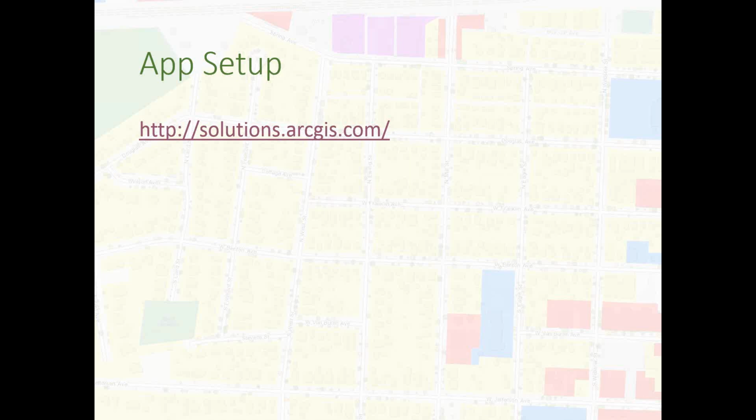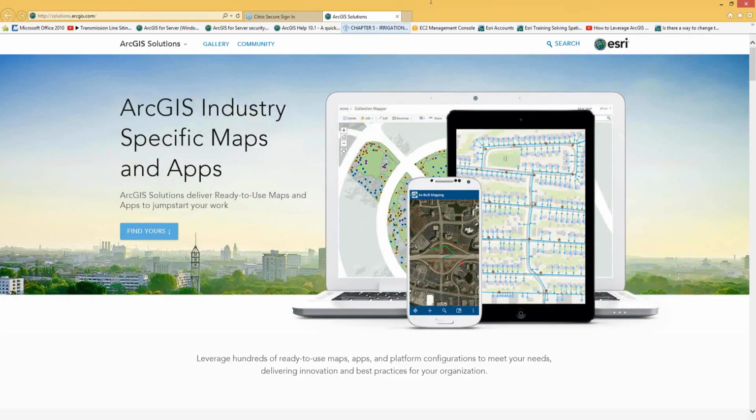So I wanted to take a quick second here and show you where you can get these apps and what the initial steps are to get them deployed. Here I have a link to solutions.arcgis.com. That's where you find all of these bits and pieces for the local government model. If I click on that, it brings me into the ArcGIS Solutions page. And if I click this Find Yours button right here,